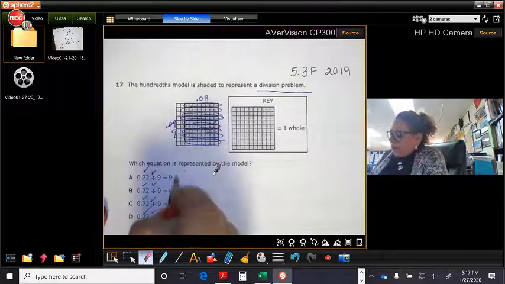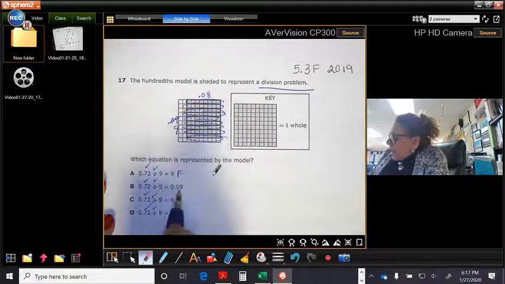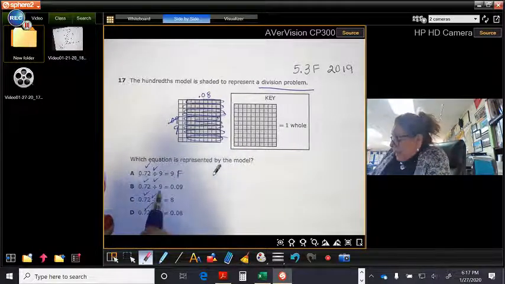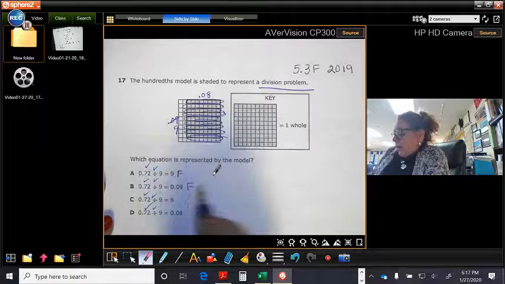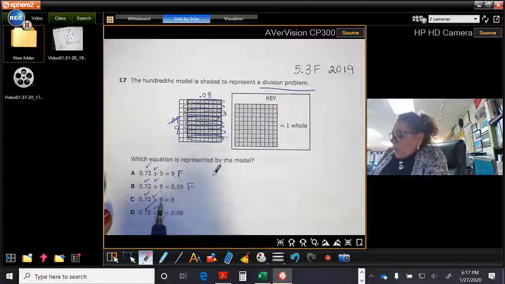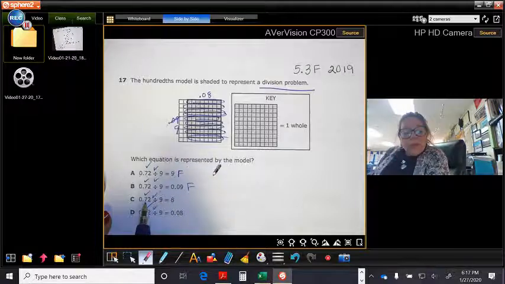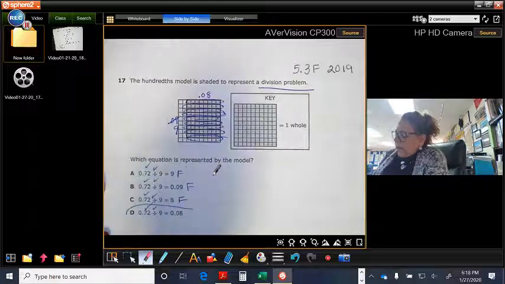No, that's not good. 9 hundredths times 9 equals 72 hundredths? No, because that's 81. That's not right. 8 wholes times 9 wholes equals 72 hundredths? Does it sound right? No. So the correct answer is here where we have